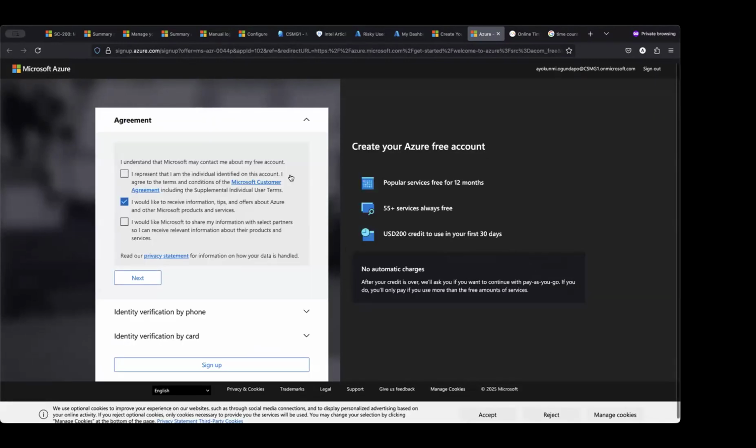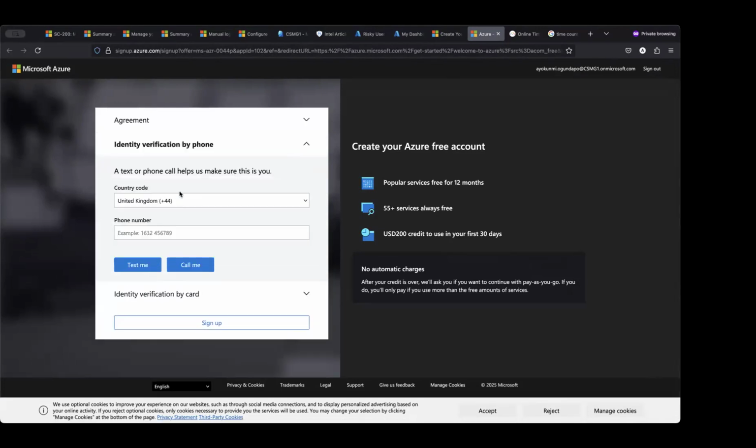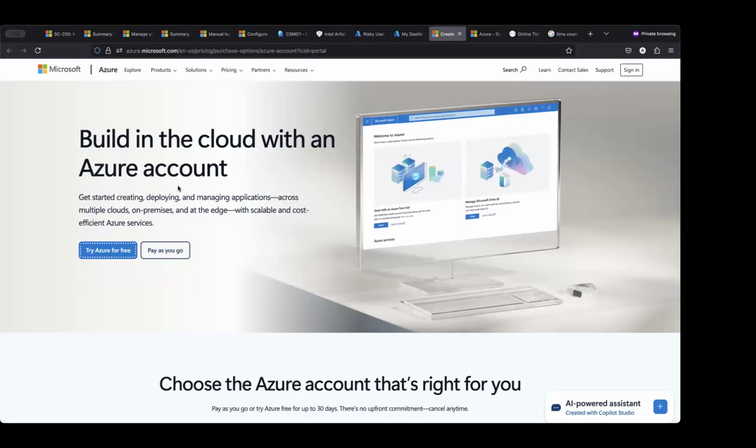And if I try Azure for free, it asks me for information and also for my card details again. I'm just going to click all of these and then click on next step. It's asking for card information. So I'm not going to be able to do this, but basically you can go to portal.azure.com and then click on,